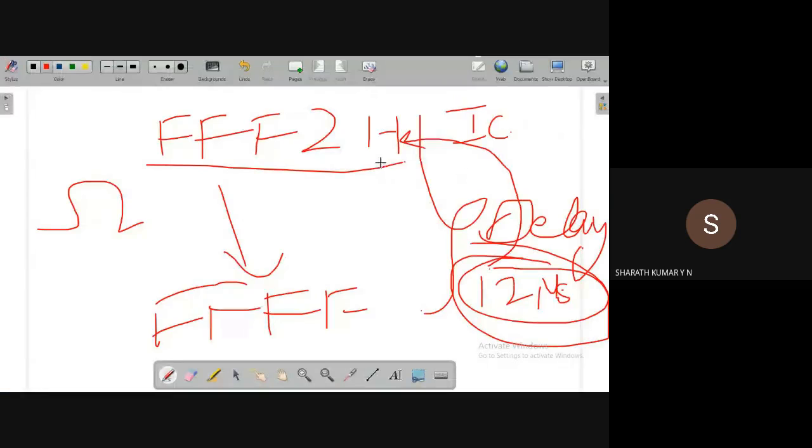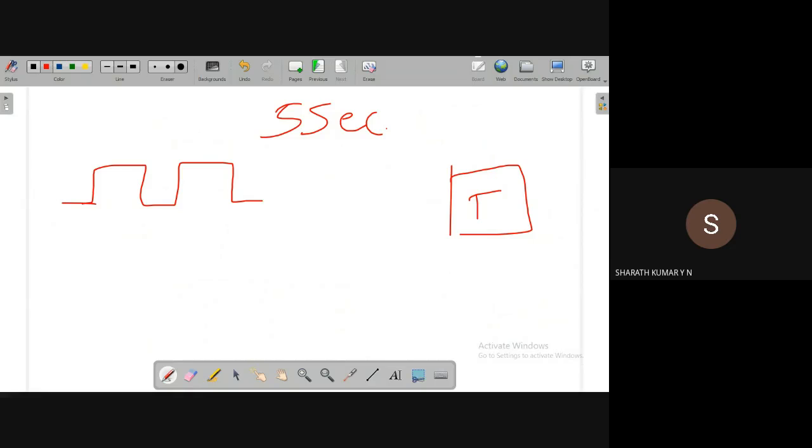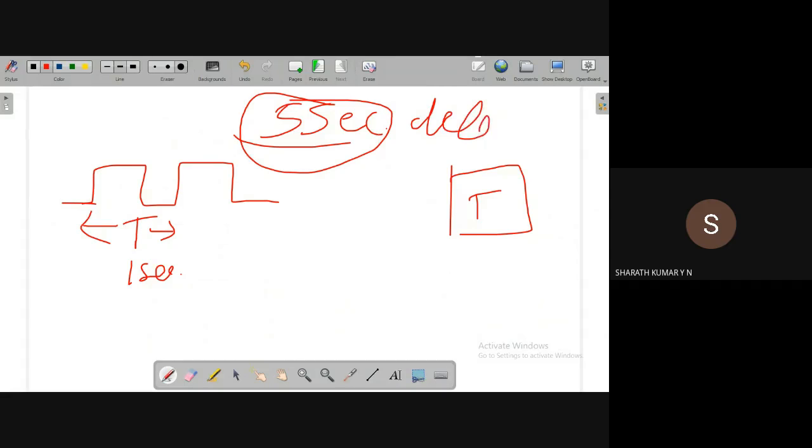For example, in the last class we understood this. I need to generate a 5-second delay, using one timer, and this timer hardware is taking a clock pulse whose time period is 1 second. How many clock pulses does the timer have to count to generate a 5-second delay?